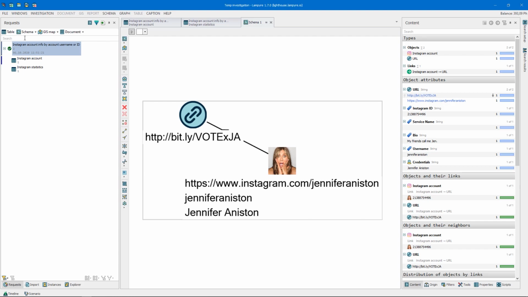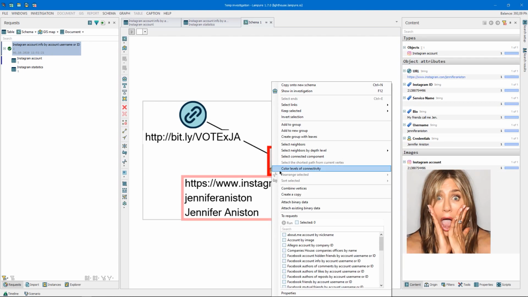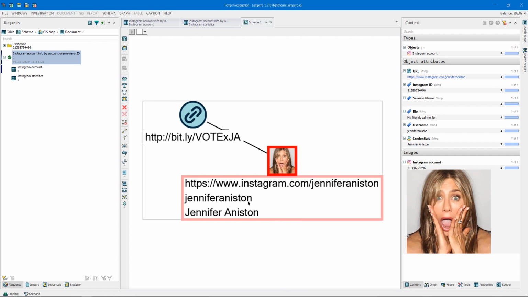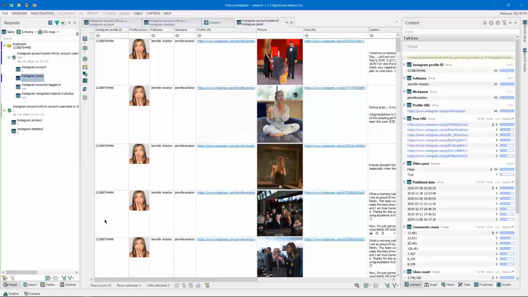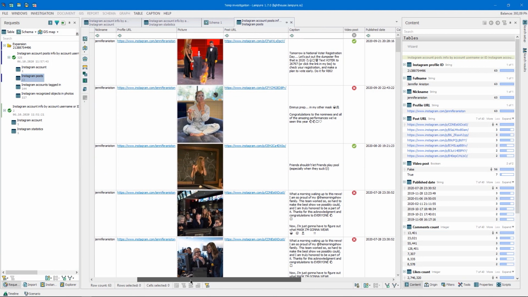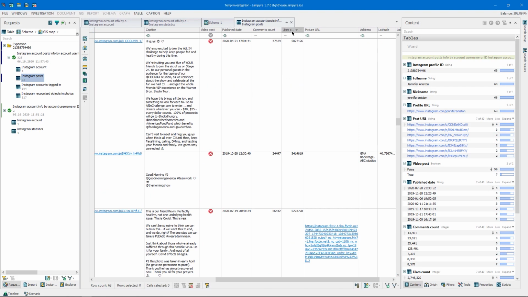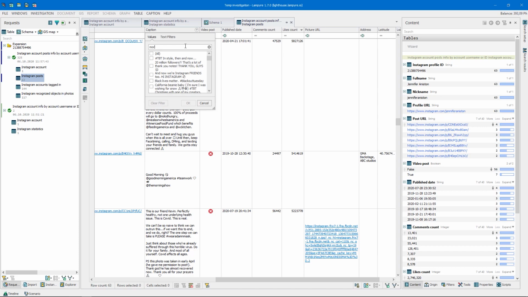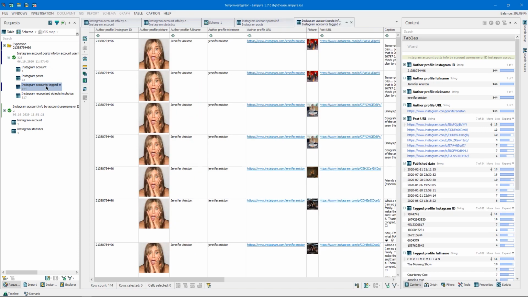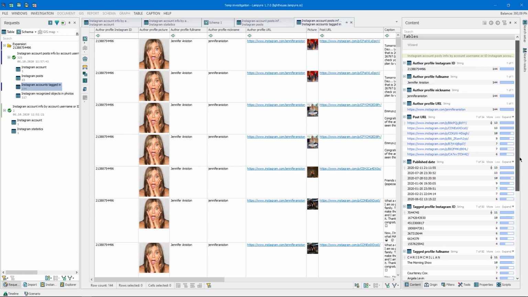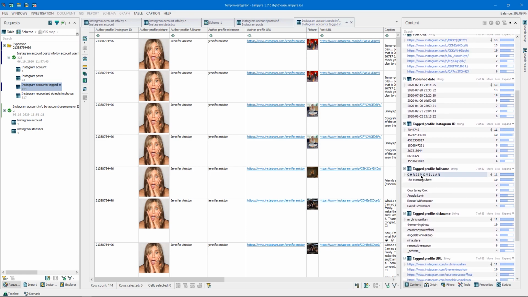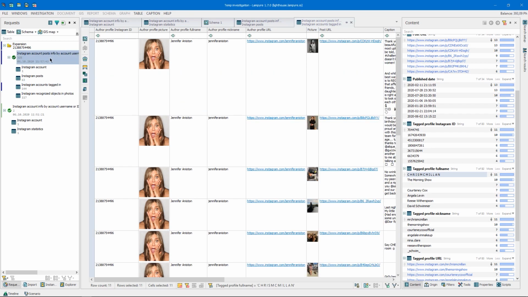The Instagram account post info will give us an understanding of what posts Jen has, Instagram pattern recognition system involved, who she tagged, what geo tags she used, the number of her likes, comments, and other things. Applying different filters and sorting in the account post table, you can find the most popular post, for example, or a post which contains certain words. In the content window for the Instagram accounts tagged in table, we see which users Jen tagged more often. We can also view Jen's Instagram posts on a map if they have location info.